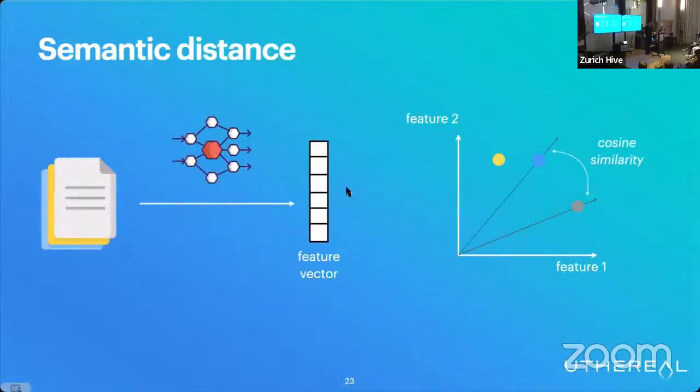What's semantic retrieval? Semantic retrieval is basically you take a document, you take a neural network, and the neural network will be able to create a feature vector. A feature vector is just a mathematical representation of the information in these documents, in these texts, in these images, in these videos. And these vectors will have a representation in this very high dimensional space. And the goal here is to understand, is this vector very similar to this other vector from a different place? And this is the method that we use to build most of the search algorithms